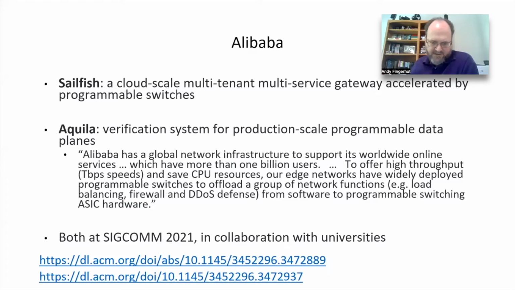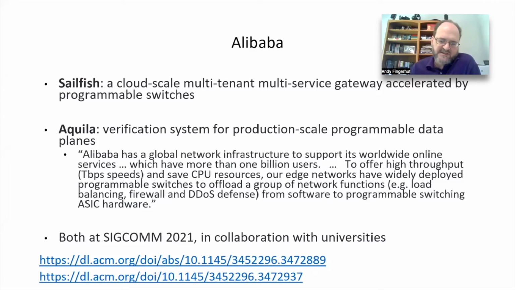If we look outside of Silicon Valley, I looked for a few examples around the world, especially in Asia. Alibaba, this is also an example of industry and academia collaboration. There are a couple of research papers published by engineers at Alibaba and several universities. Sailfish is cloud scale gateway acceleration with programmable switches.